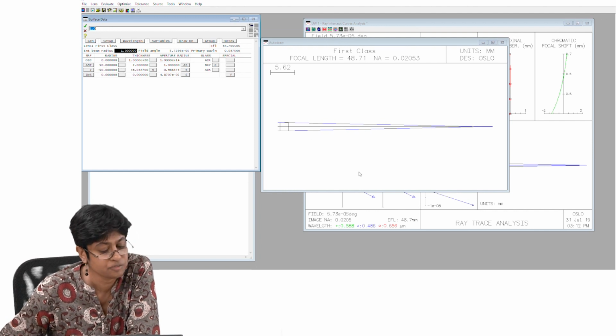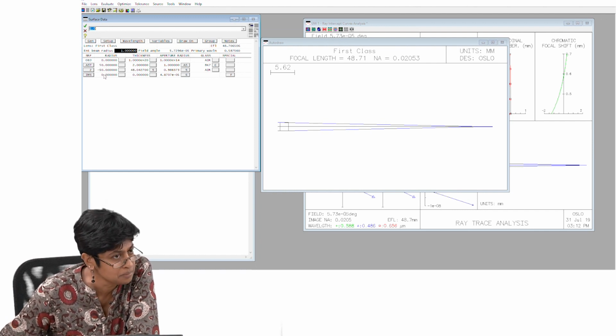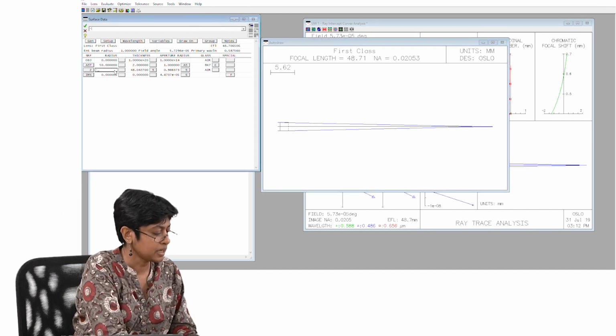What is focusing? The first surface has a radius of 50 millimeters. The second surface is minus 50. The thickness of this lens is 2 millimeters. And the material I've used is something called BK7. I can change this. Let's say I make this minus 100,